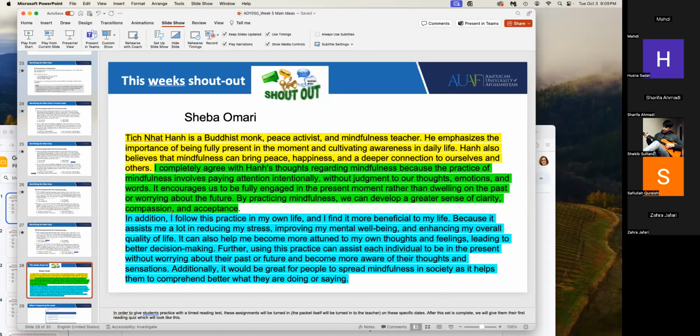Really appreciate it. So this is what you're missing. If I say you're not connecting to the text, you're probably missing the yellow or green or both. A lot of people put the blue part. You're really doing a great job connecting to your experience, but you're not connecting the text to your experience. So think about that. And if you want to take a picture of this, so that the next time we do a discussion on Canvas you can follow this format, because it's a perfect format.